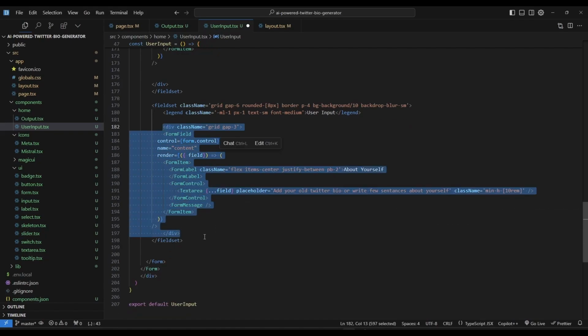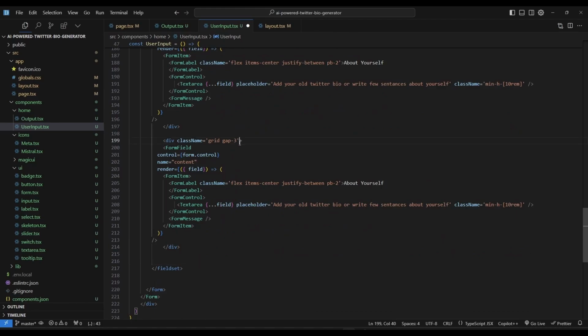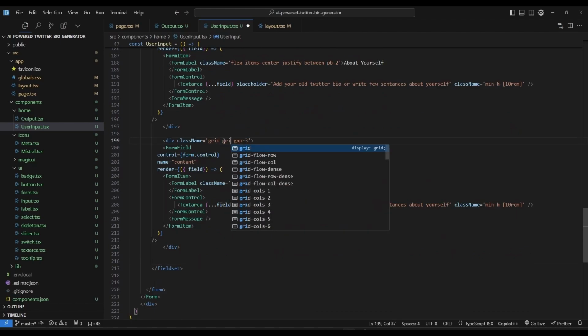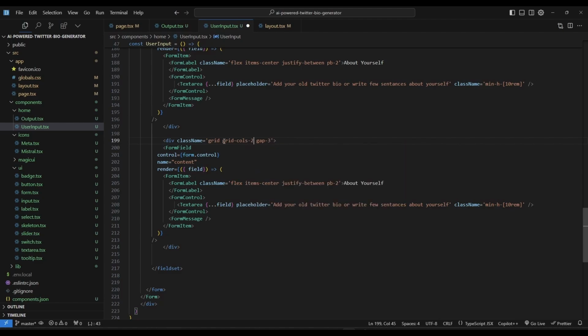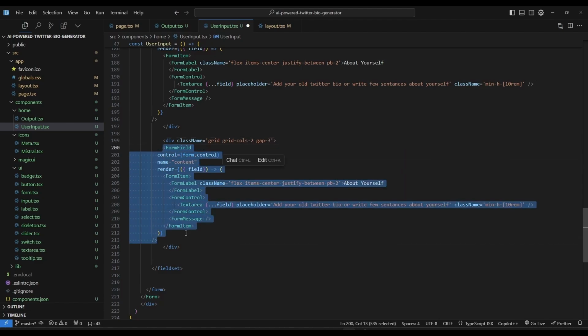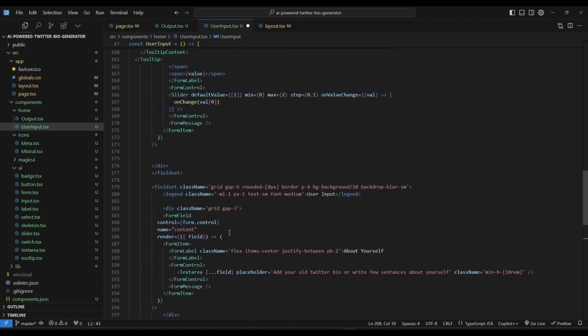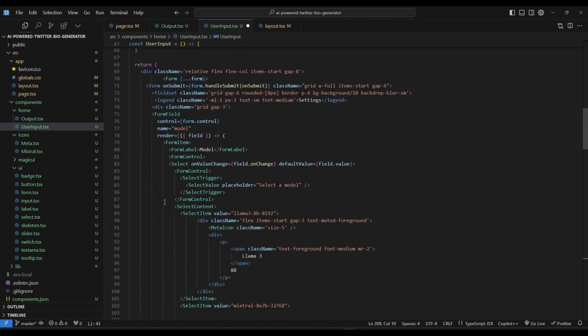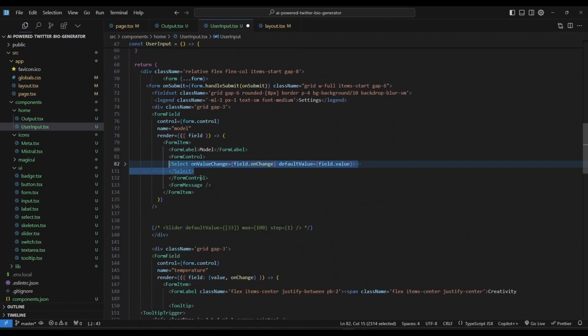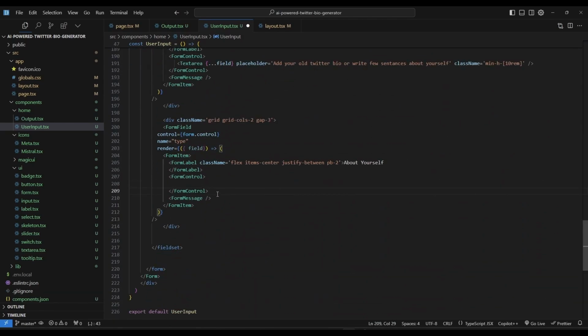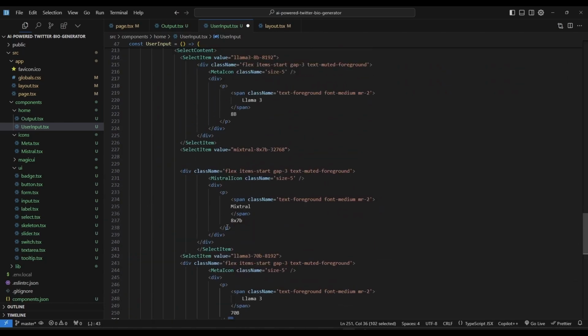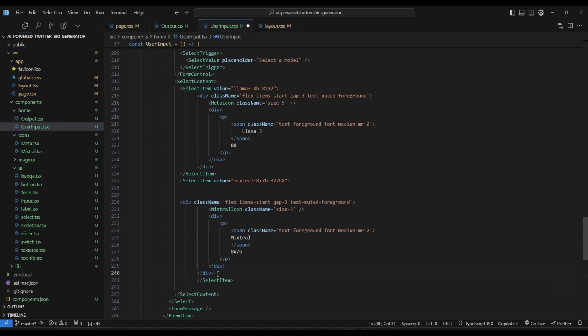Let's copy this div and paste it right here. And now in this div, let's change the grid calls to 2, and along with this, we will remove this text area. Let's change the name to type, and let's use the select element. So for that, we can copy this one, let's remove this form control, and instead of this, let's paste the select. Let's remove all this,